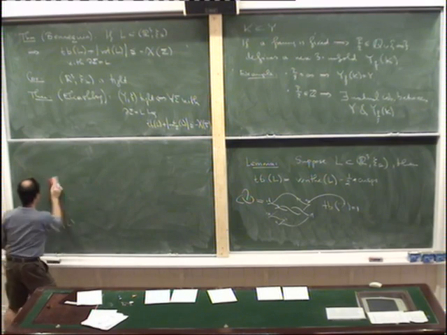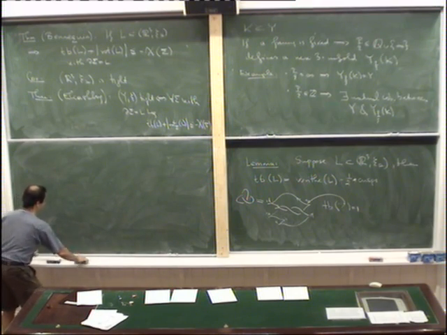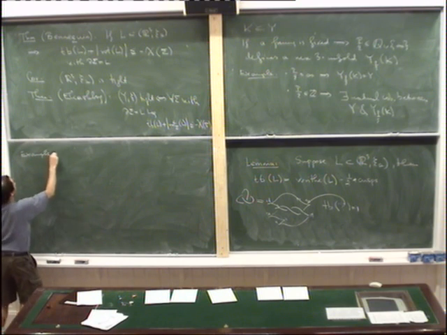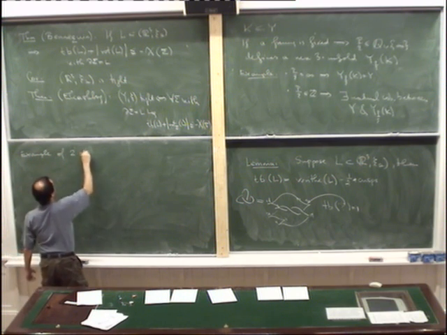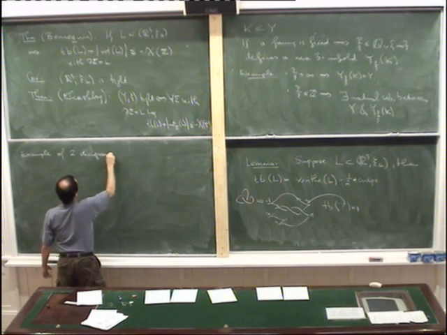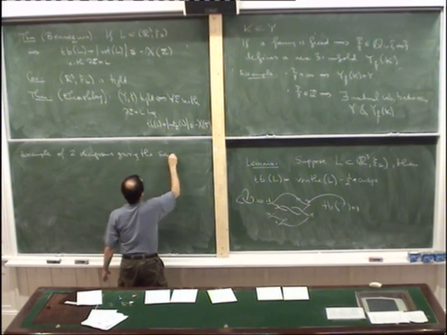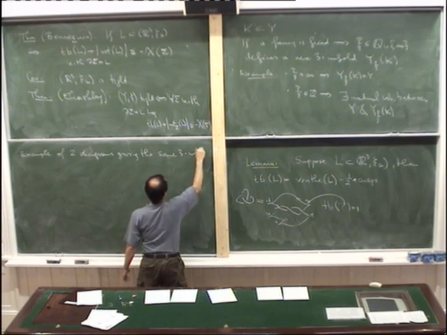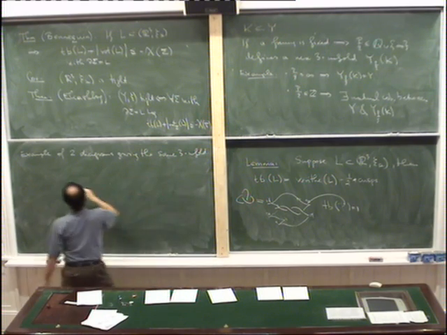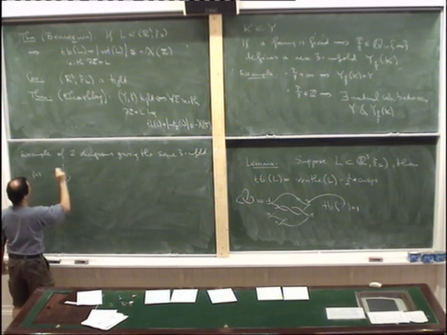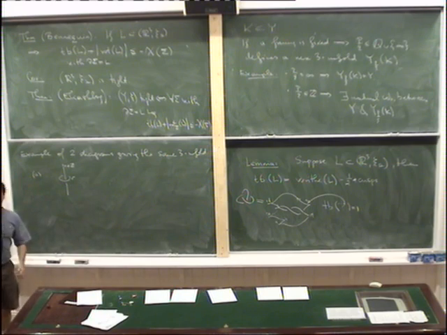This is what we will need. So, example of 2 diagrams giving the same three-manifold. So, example number A is this. So you have a knot,